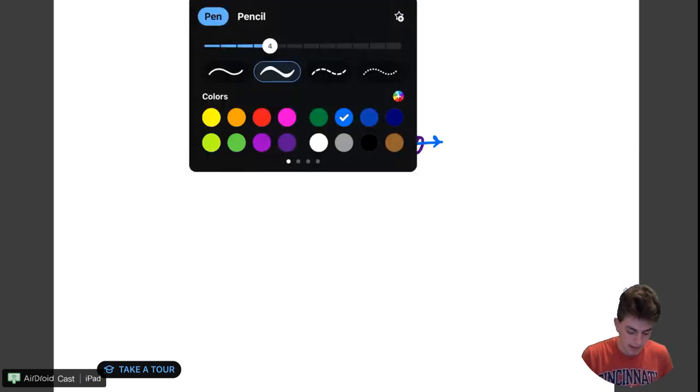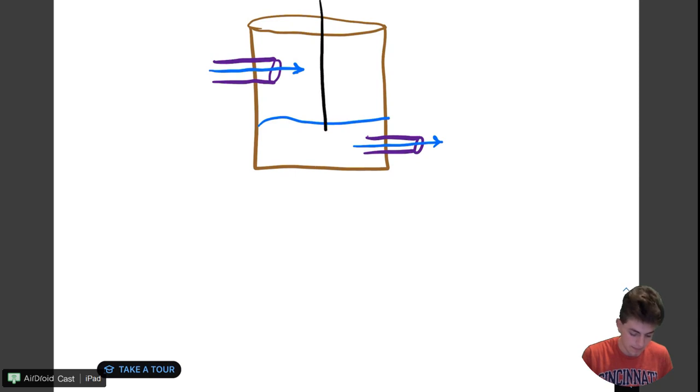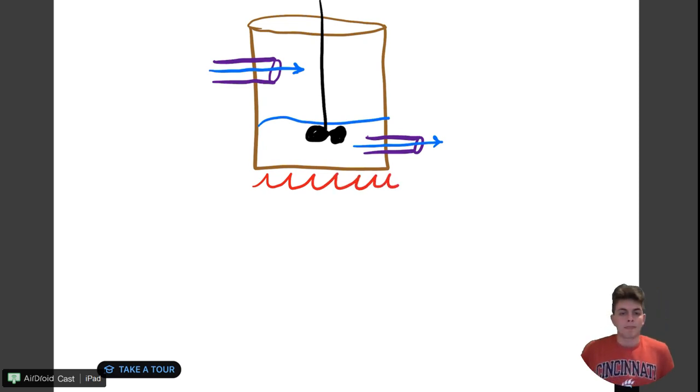We could have some sort of stirrer in here, some sort of stir bar. We could be adding some sort of heat to it. Those are flames. Any of these things could be happening to our system here. But this is just a general diagram for some sort of flow system, okay? And what we want to do is we want to be able to relate the energy in this system. And we can do that kind of through thinking through the conservation of energy that was kind of taught in